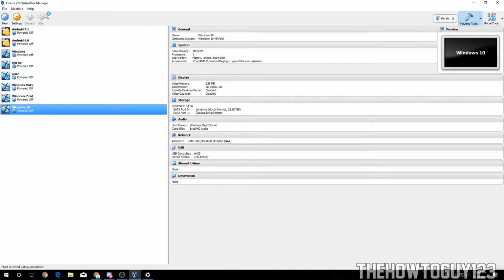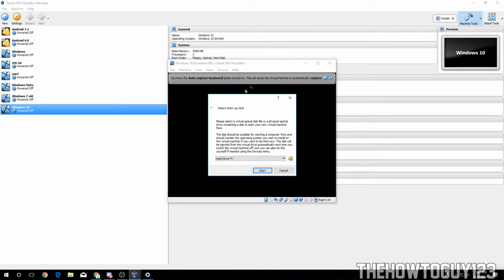And here's where we're gonna actually set up our virtual machine. So right here, select startup disk. So here you're gonna want to find your ISO, and if you're gonna be using a CD, put the CD in now, and then go down here to